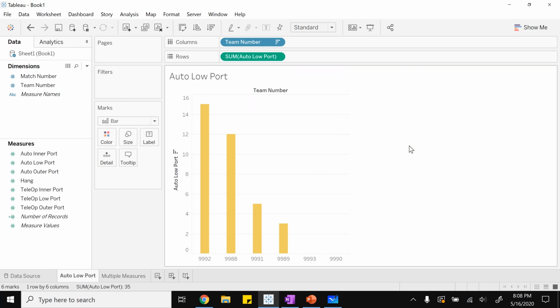Let's think about the data you collect. All of the data that you collect is going to be on different robots, but it's also going to be across different match numbers. Thus far in Tableau, we've been making graphs of cumulative data across all those matches for a robot's performance. So for instance, we've taken a look at the sum of the auto low port scoring across